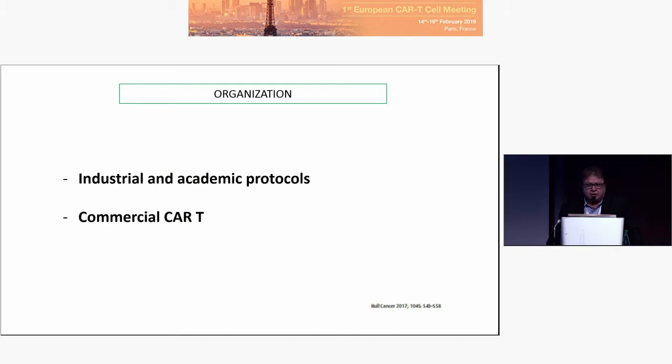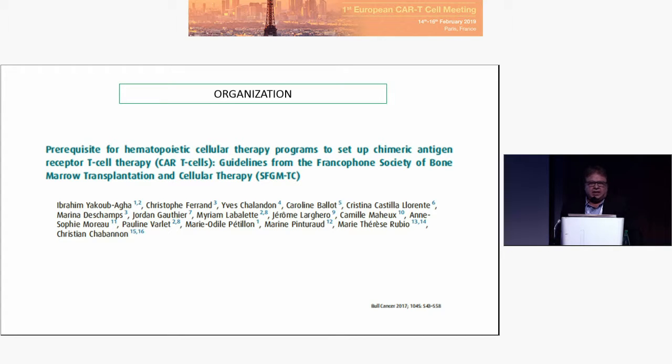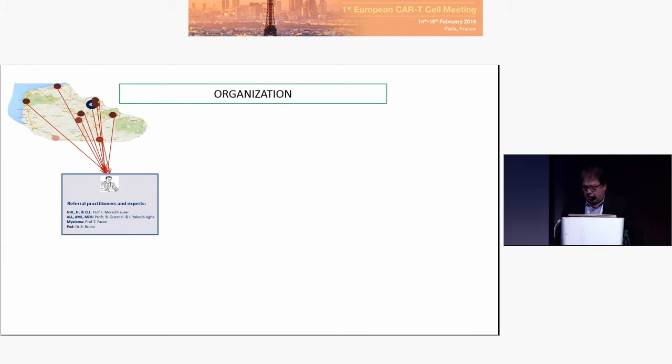For the organization, we decided right now to have industrial and academic protocols, and we started commercial CAR T. Our organization was based on the recommendation of the French Society of Bone Marrow Transplantation and Cellular Therapy. First of all, our colleagues can send the patient to our referral doctors. We have specialists in lymphoma, myeloma, MDS, ALL, etc. The role of those referral physicians is to identify patients and to make the decision for CAR